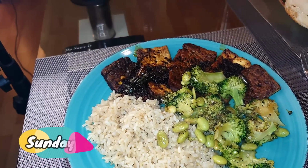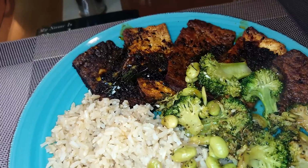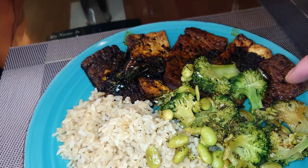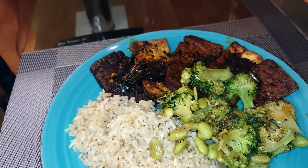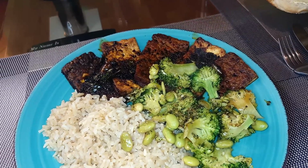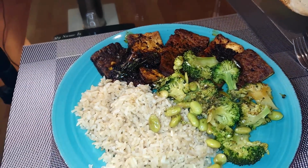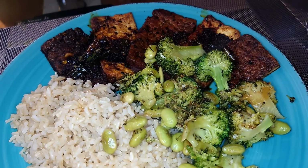Hello, my loves. It's Sunday night, and if you happened to watch us on our Sunday Live in the Kitchen today, you will have seen us make this Korean braised tofu. That's actually the first one and the third one and the half one at the end. These two lighter ones are fried separately afterwards because we had a block of tofu left from the pack, and I stored them with the one we made this afternoon, so they took on some of the flavour, but they're milder. Delightful. And we've got a brown rice and a pan fried and steamed